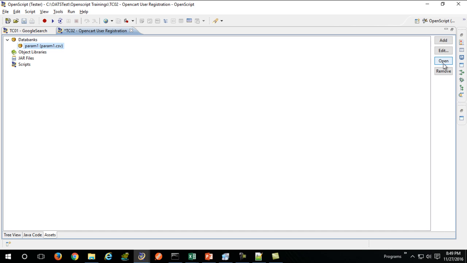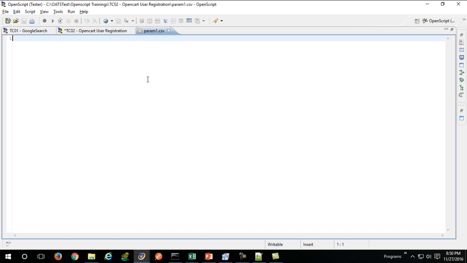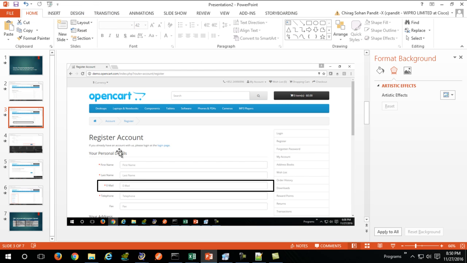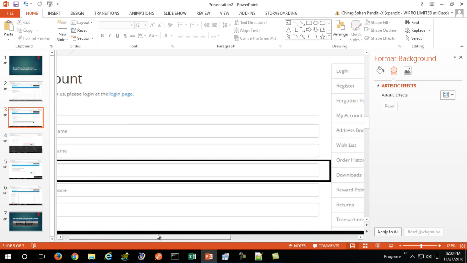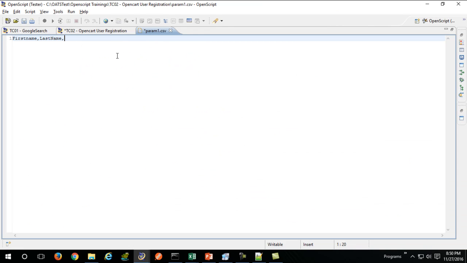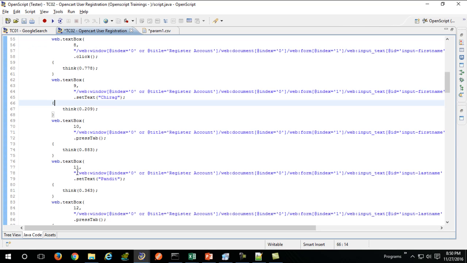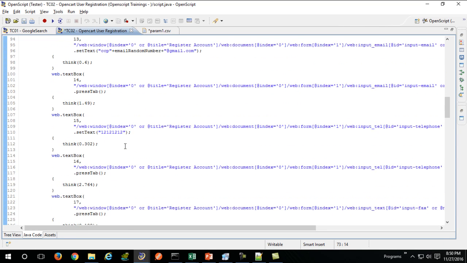What you need to do here is open that file and enter in your data. So what are the data which we are trying to parameterize? We'll be parameterizing first name, comma, last name, email, which is already parameterized, telephone, and you can go in your script and check it out.